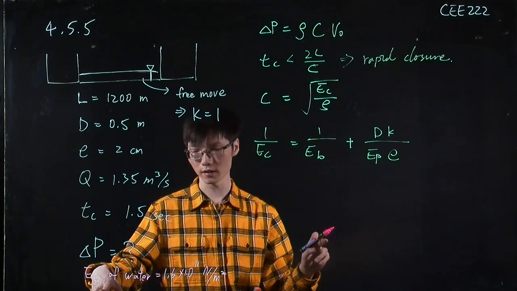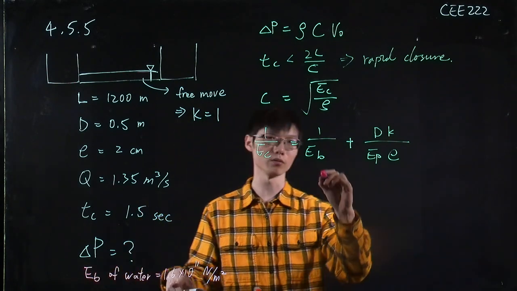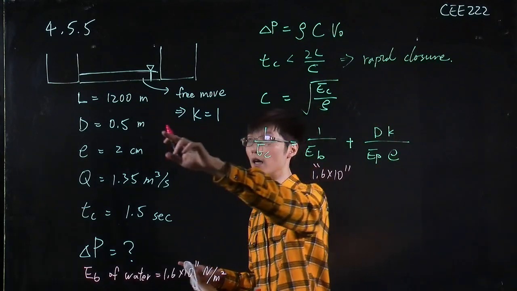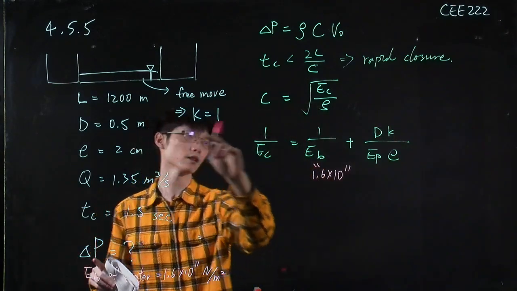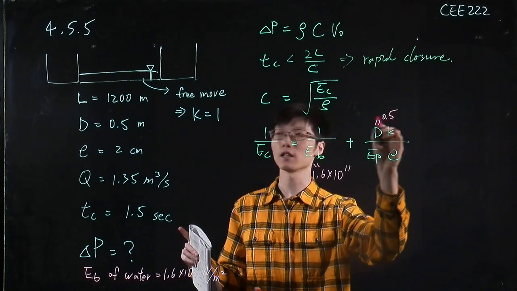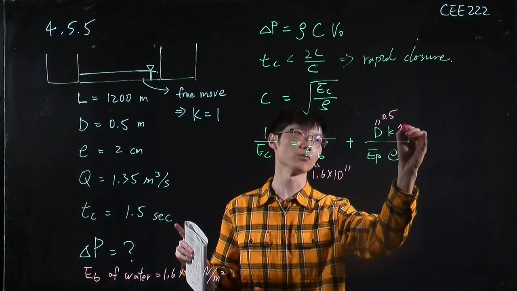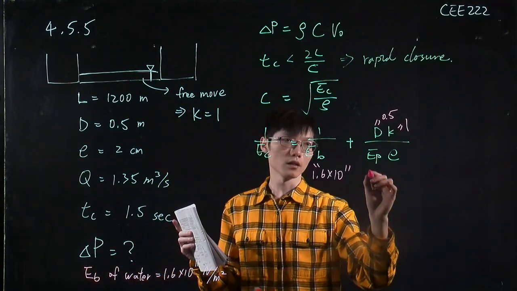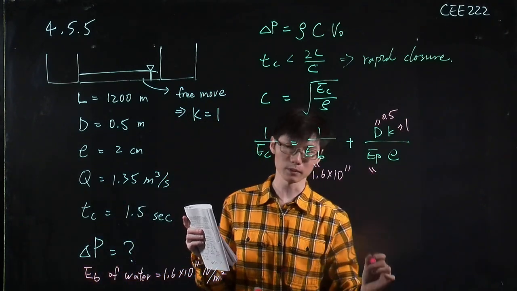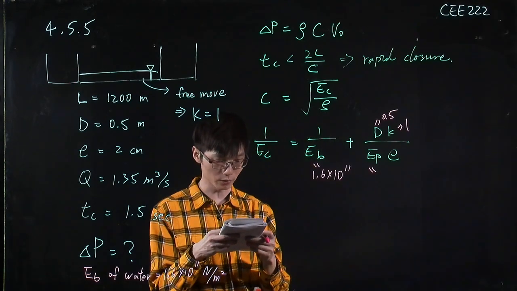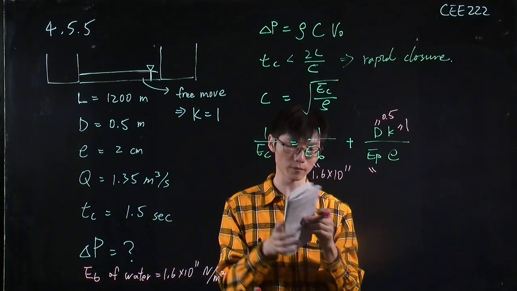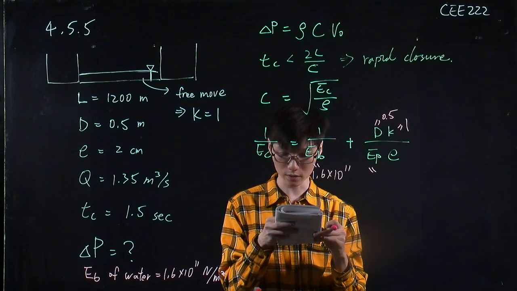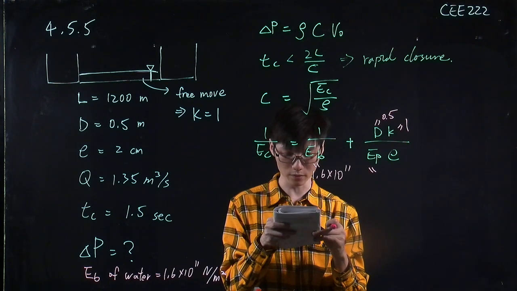EB, as I gave here, of the water is equal to 1.6 times 10 to the power 11, and the diameter of the pipe is given here, right? So this is 0.5, and factor K is equal to 1 because it's a freely moved setup. And the EP, similarly, you can find the EP value from the table 4.1. And here I just give you the value. That's EP